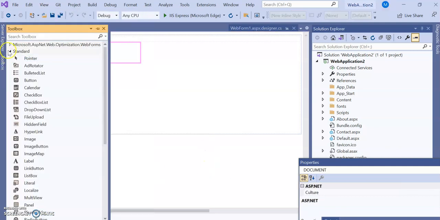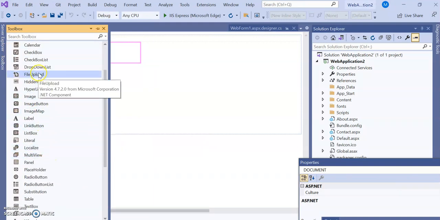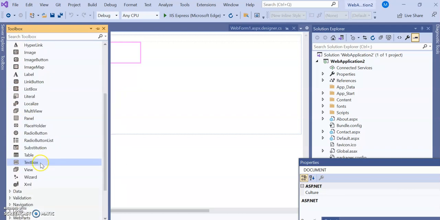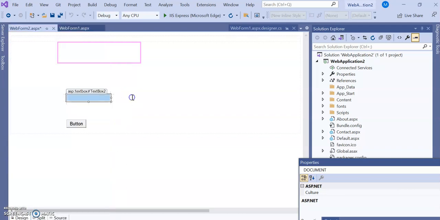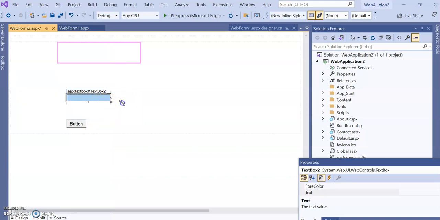So just go to the toolbox, and here I need a text box. These are the different tools that are available. TextBox, okay, this is a text box. I'm just dragging that text box. See, this is a text box. So I'm just increasing its size. You can see this is in pixels: 323 pixel, 319 pixel, and 61 pixel. What does it mean? 319 is the width, and 63 is the height.